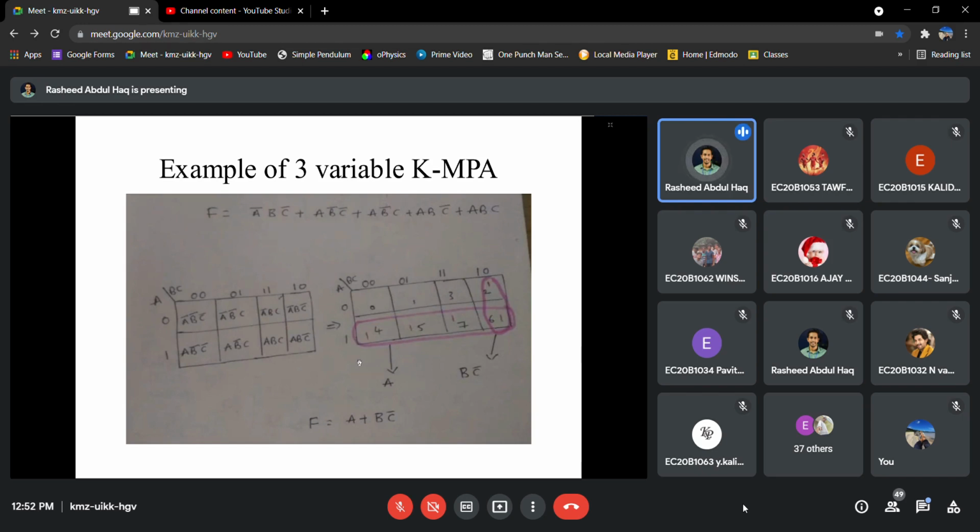First thing, if anyone is still having doubt with the truth table, I will tell. First thing is that A, B, C we have to write. These are 3 variables, so 2 raised to 3, that will be 8 combinations. So we'll start with 0, 0, 0, then 0, 0, 1, 0, 1, 0, 0, 1, 1. Then again 1, 0, 0, 1, 0, 1, 1, 1, 0, and 1, 1, 1. These are the 8 combinations.